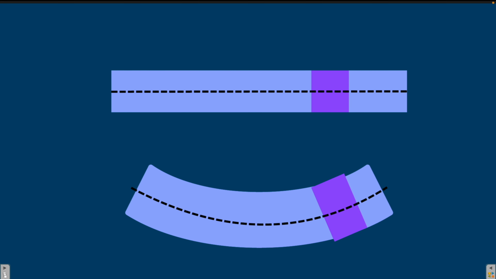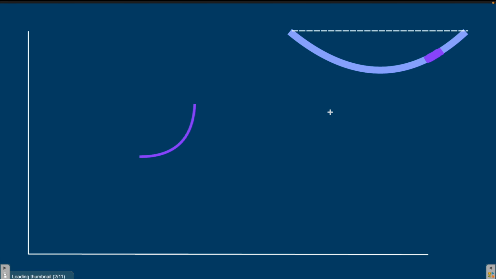I have drawn the same beam over here, and for the analysis purpose we are considering this portion of the beam. After bending, the beam looks something like this. Let's go to the next page. Here also this is the same beam after bending, and this is the exaggerated figure of the beam. The original beam doesn't bend like this. The bending is so small that we cannot see it with our naked eyes. So this is the exaggerated portion of the beam.